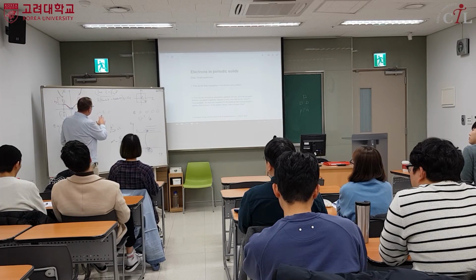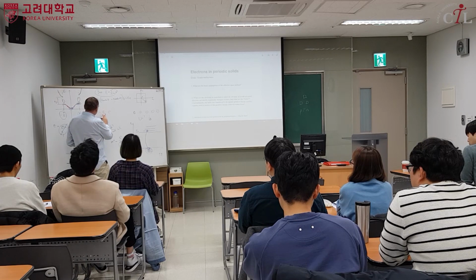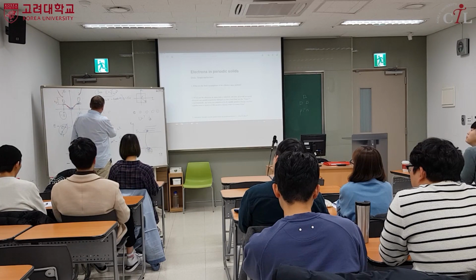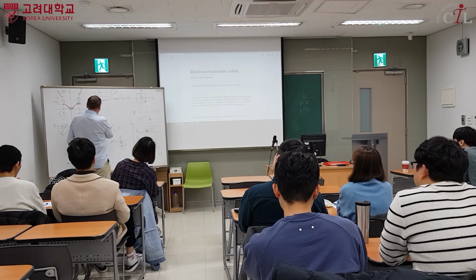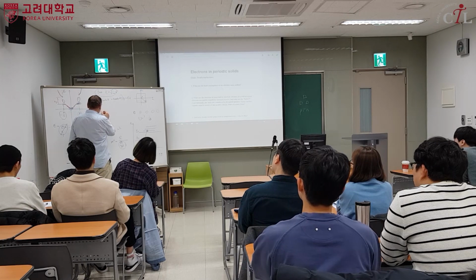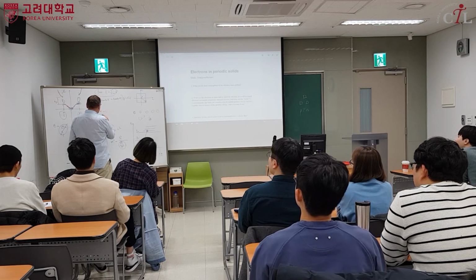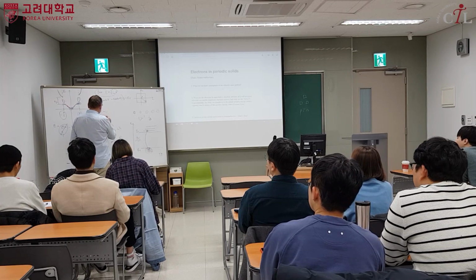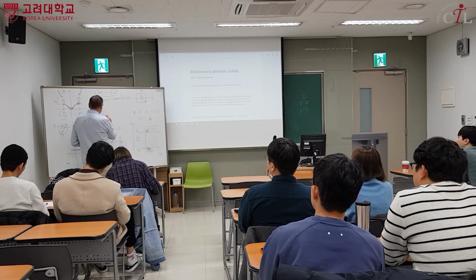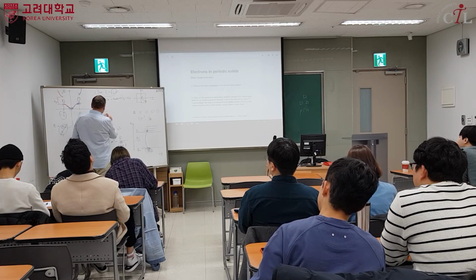Wait, so what is Ohm's law? Now I'm getting puzzled. So anyhow, resistivity is equal to Z, correct? And then the current is equal to this over Z, and then this is